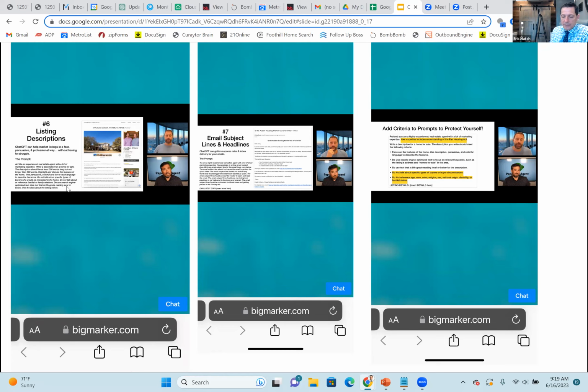Write an email subject line for the email body copy below. The email subject line should not cause the email to go into the spam folder. It should not include any words that would trigger the email to be labeled as spam. The email subject line should be compelling and read open. And then right down below, you copy in your whole entire article. Then it would give you the headline for your subject line. So that's a new one.